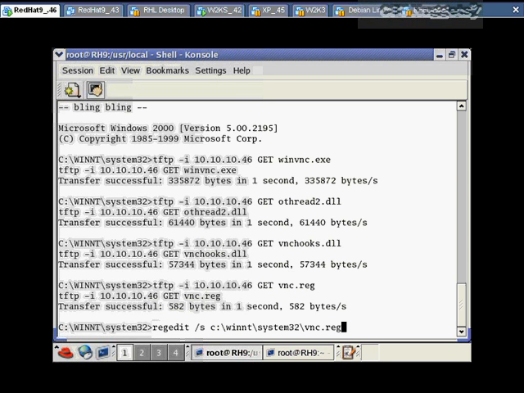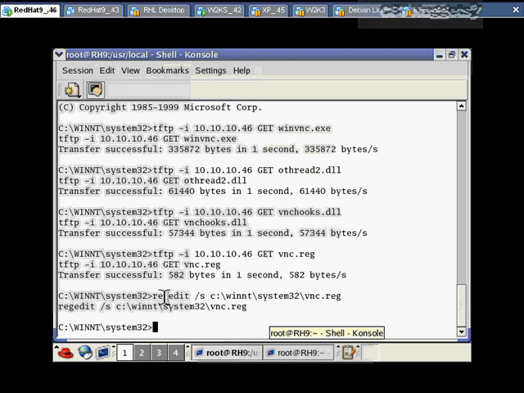The first thing I need to do is to register this application in the registry over on that Windows machine. So I'm going to go ahead and let that happen. I'm going to press Enter here. And we see that regedit has now silently registered that in the registry over there. That's what the /s is, by the way, if I remember right. That's for the silent option. And the purpose of that is we don't want a dialog box to pop up over on that server saying, hey, somebody just edited your registry. Otherwise it gives you a confirmation message with a big OK on it. Kind of a dead giveaway to the fact that they're being hacked right there. So next thing we'll do is